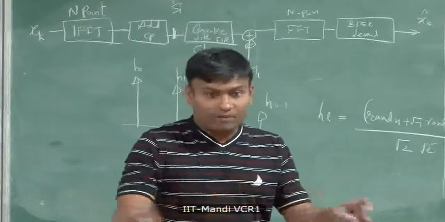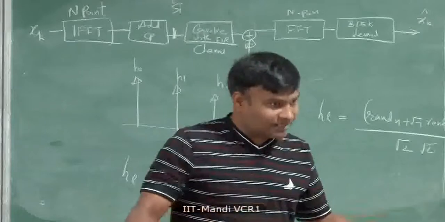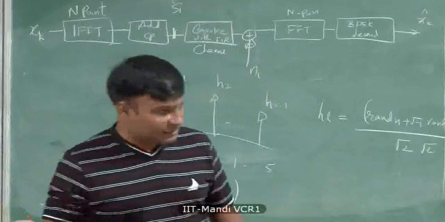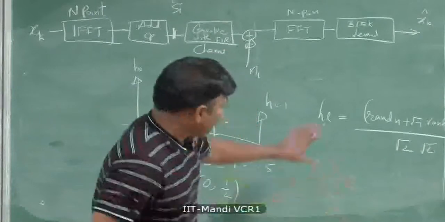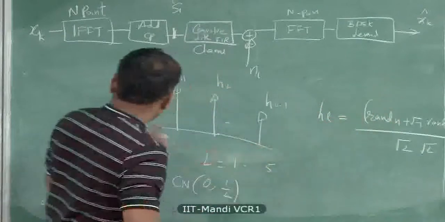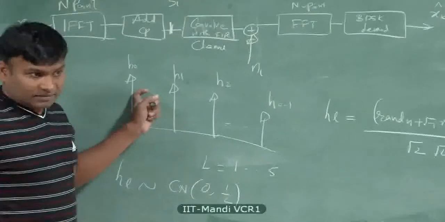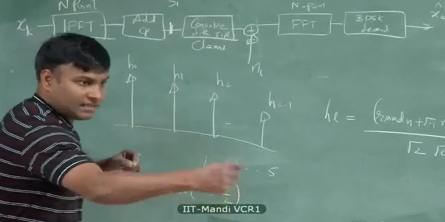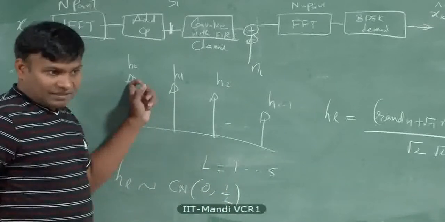That means in a block of 1 millisecond or for some time, this is the channel which is assumed to be constant. And this channel will take a new value after some 20 milliseconds. So we will assume a block fading model where for some time this takes a constant value. There is no time variation. If you want to introduce time variation, you have to model each tap using a Jakes model that we have studied in the wireless course, which will continually change in time.